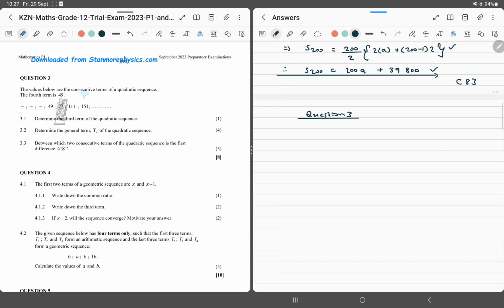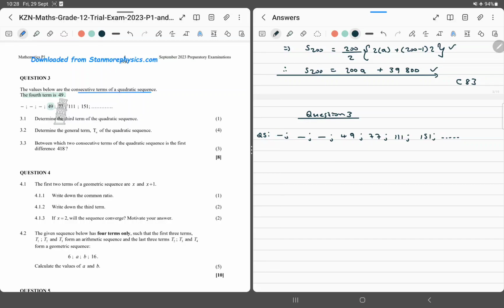Okay, the values below are the consecutive terms, meaning terms that follow one another, of a quadratic sequence, and the fourth term is 49, which is this guy right there. So we are given this guy, 1 missing, another term missing. Then we've got 49, 77, 111, 151, and then it continues. Great. So if this is a quadratic sequence,